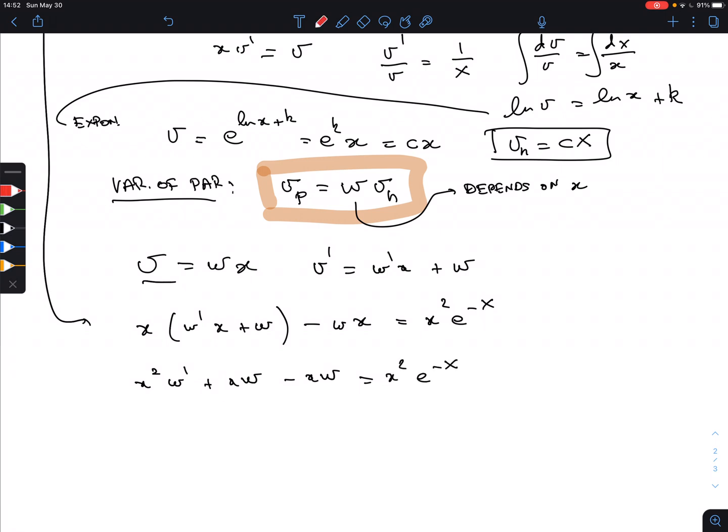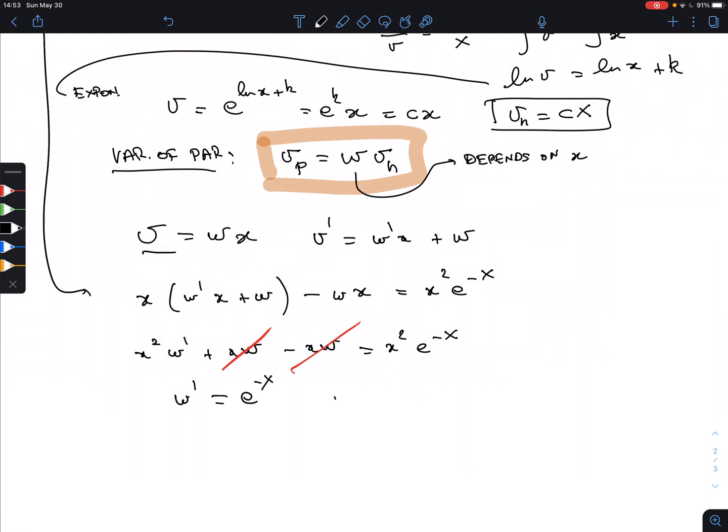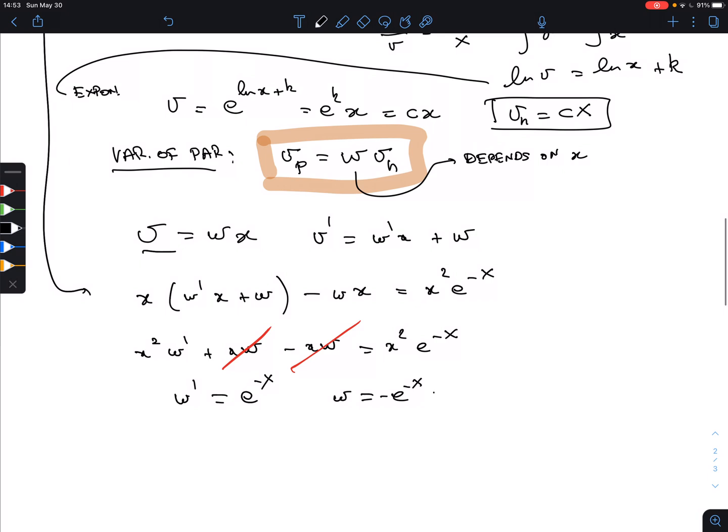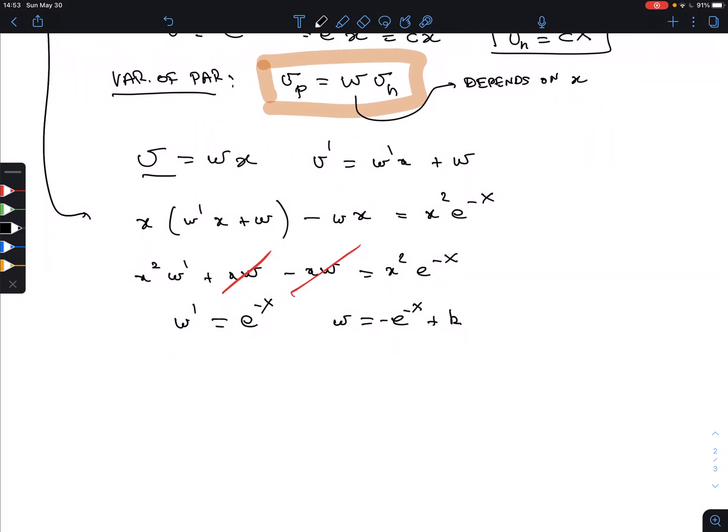This cancels. Is this what's supposed to happen? Yes, remember, that's what's supposed to happen. So what we get is w prime, the x squares cancel, is e to the minus x, and so w is minus e to the minus x, integrating, plus the constant. So again, let's write the constant. I'm running out of letters here. K is no longer in place, so I use k again. So that is w. That means that v is equal to that thing times x. So it is minus e to the minus x plus kx. Okay. All right. So we found the general solution